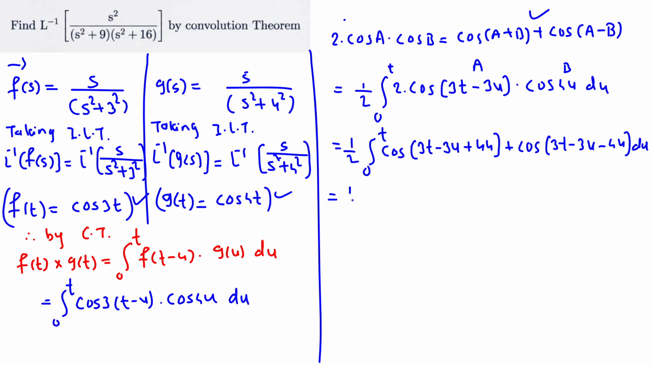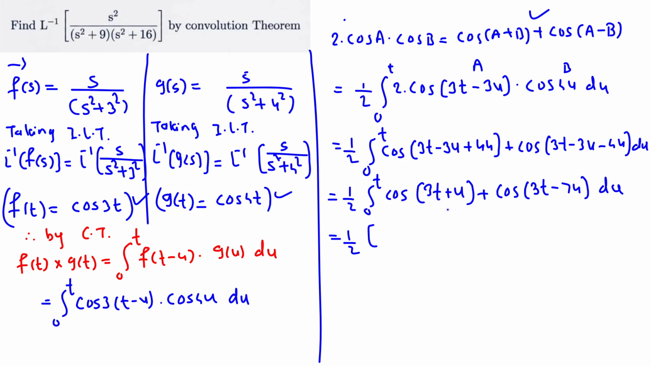Okay, so now 1 by 2 integration of limit 0 to t cos, you can see here 3t minus 3u plus 4u will be u, so 3t plus u you will get, and plus cos, same here, 3t minus 3u minus 4u will become minus 7u, and du. Now you can see there is a plus sign in between two terms. Now you can